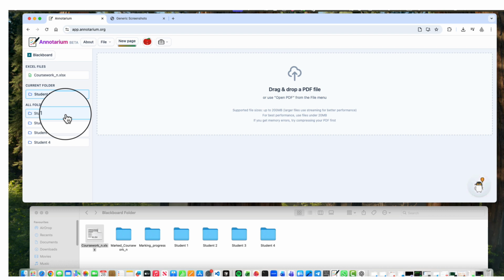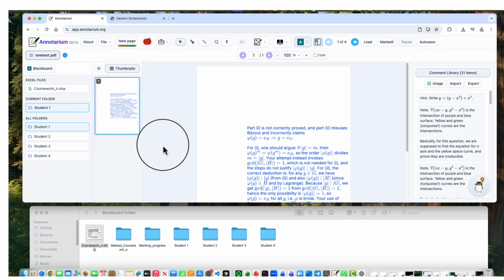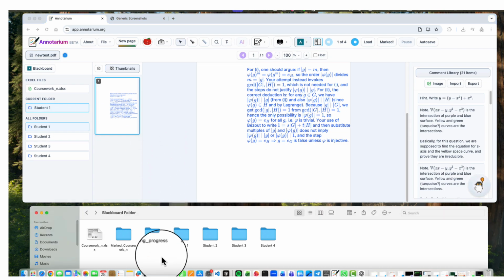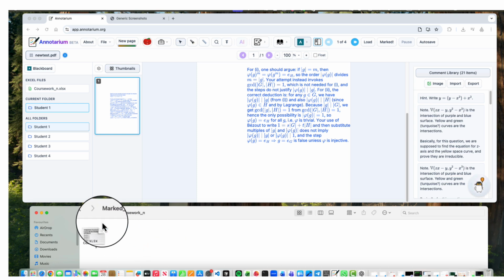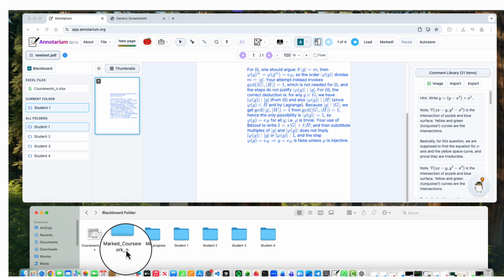And if I select this student, I'll see the works. You might have noticed that Annotarium made these 2 new folders. So this is for mark in progress, and this is a folder